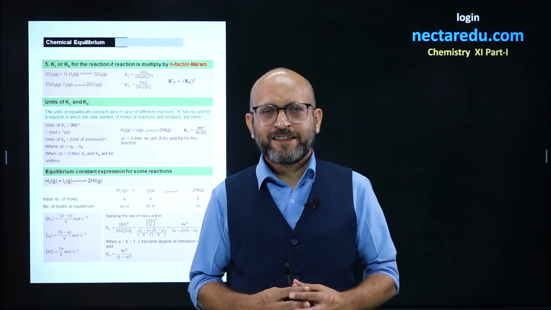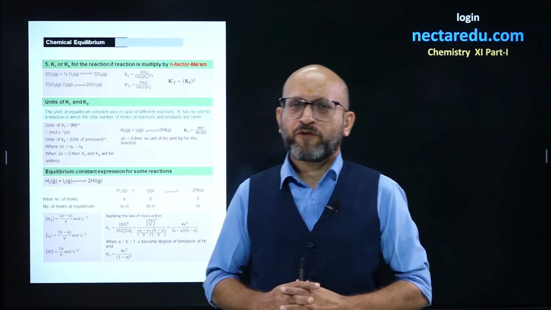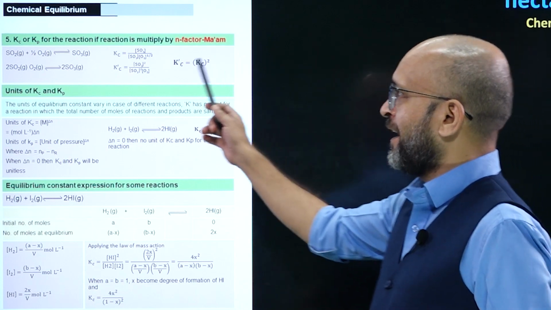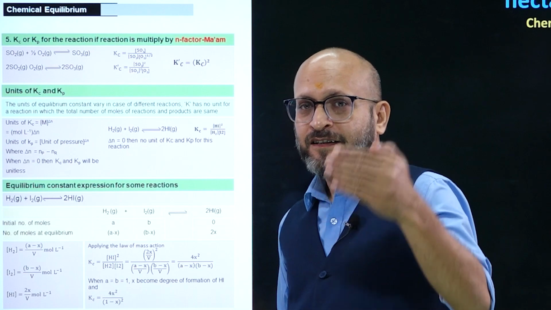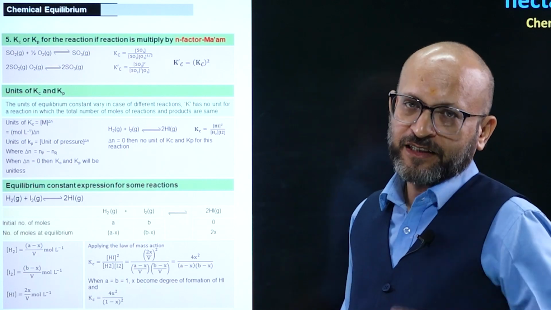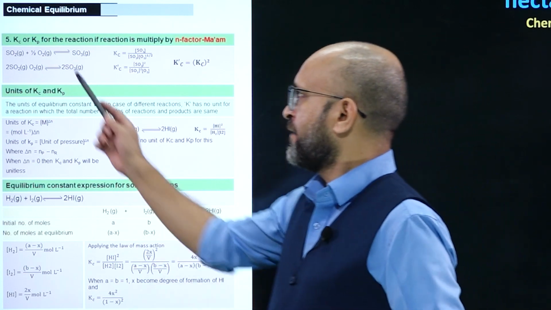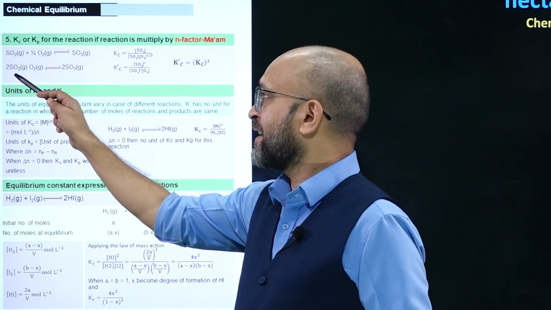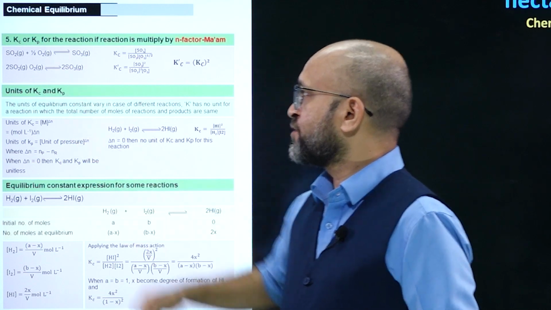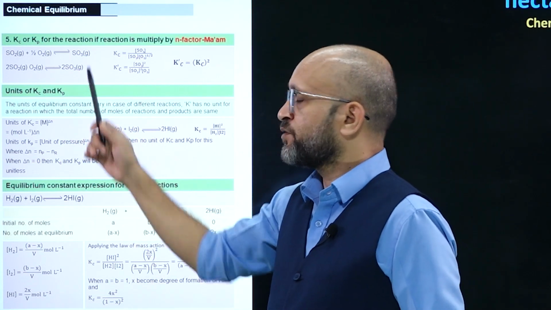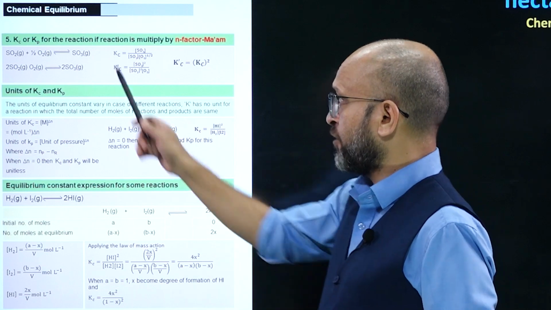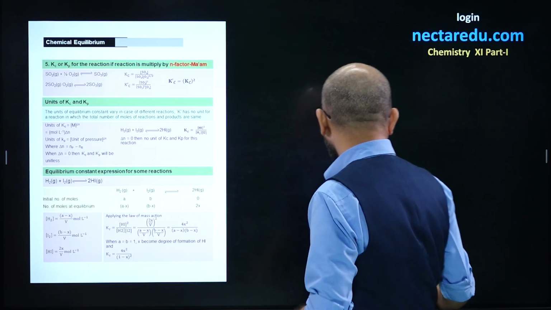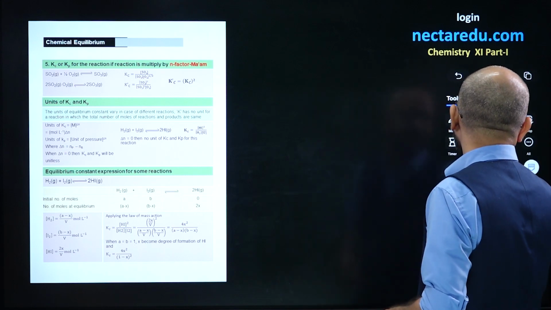So Kp and Kc are equilibrium constants, and here we are going to discuss how you will see relations when you multiply something in a reaction. For example, if we have taken SO2 plus half O2 gives SO3 and we have multiplied the next reaction with 2, it becomes 2SO2 plus O2 gives 2SO3. So if the equilibrium constant for the first reaction was Kc, then the equilibrium constant for the next reaction will be,